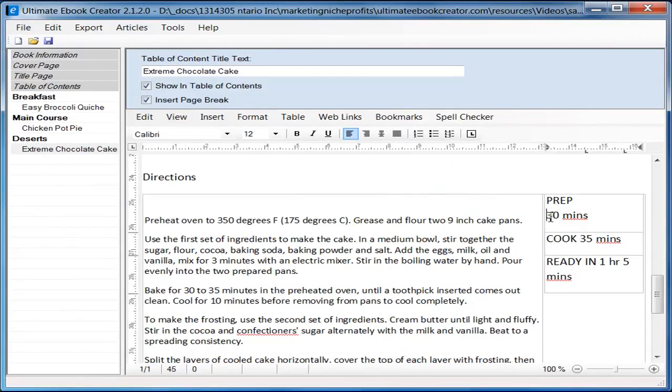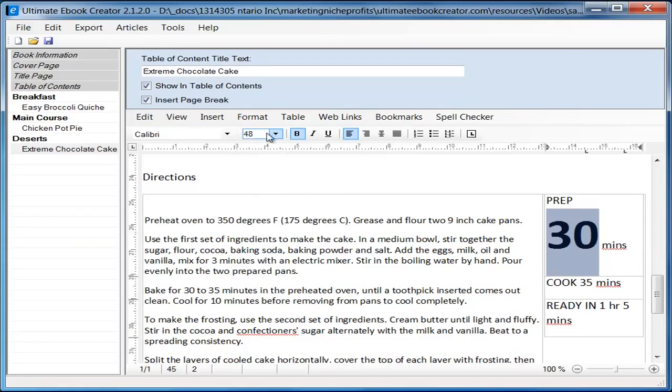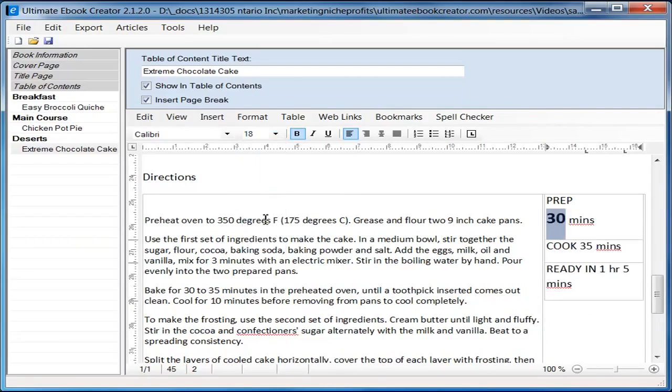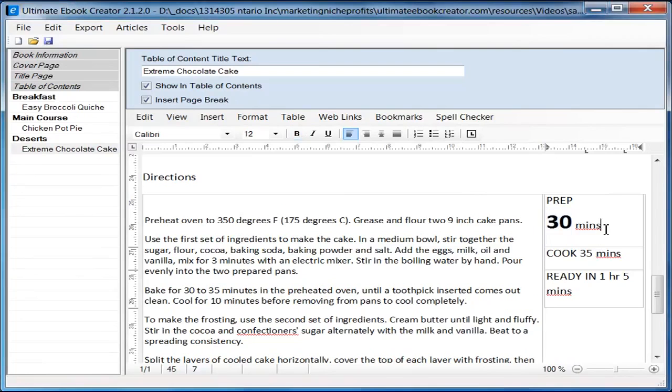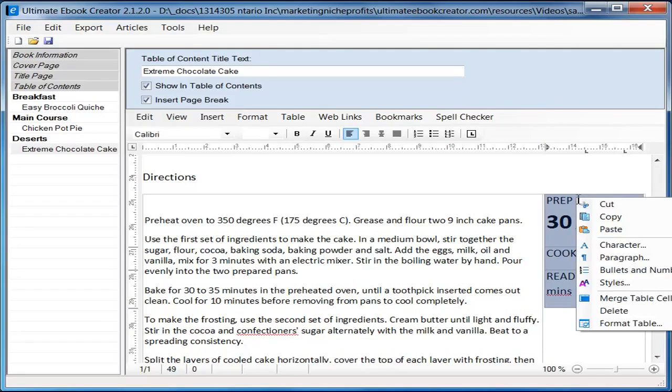Okay, so 30 is actually highlighted, so we're going to bold that, and we're going to make this a lot bigger. Now that's way too big. 18, let's try 24. Okay, so that looks about right, and it says 30 mins, and the prep time. Okay, so the other thing is that we want to center everything, so we highlight this, we right click, and